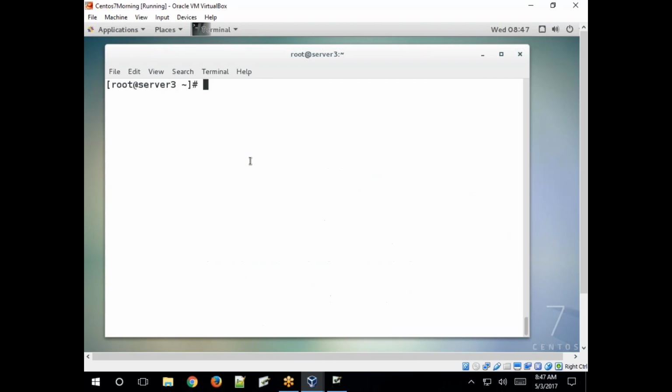So the locate command works based on the locate database file. So what is the database file? I think it is under /var/lib.